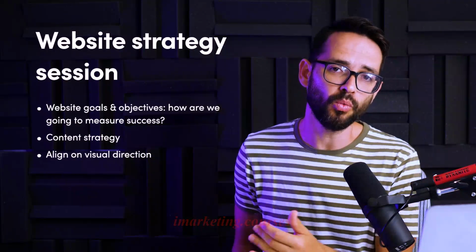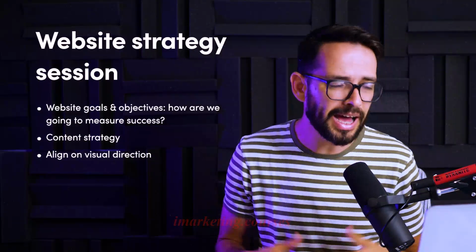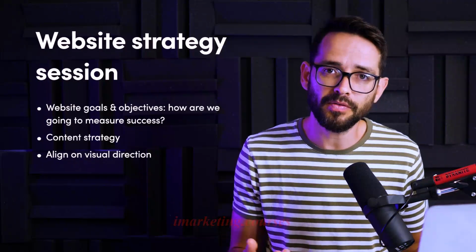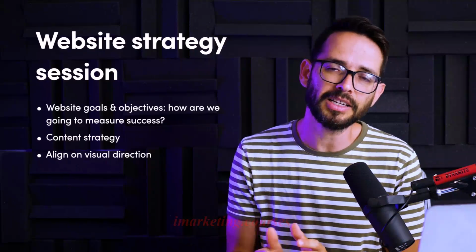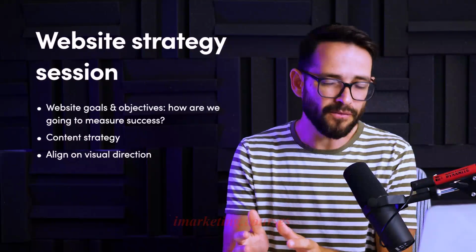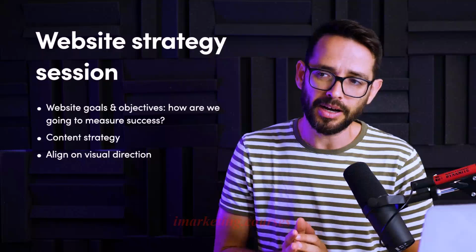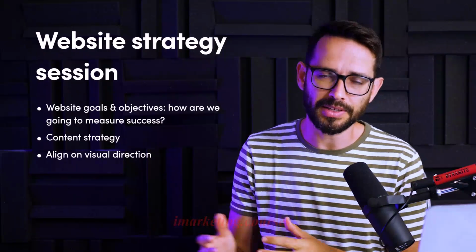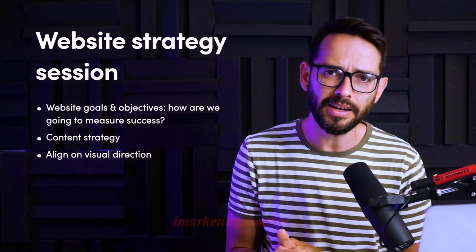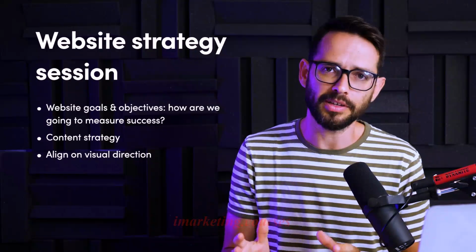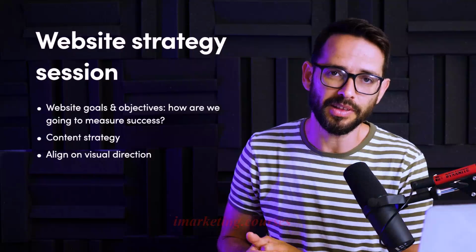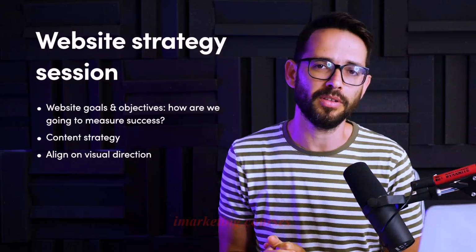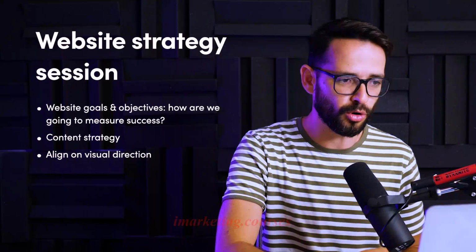And then we also want to align on the visual direction. How do we want the website to look? What do we want people to feel? It's very important to set and align expectations on these things at a very, very early step to make sure that we are aligned and that the visual design will actually represent the vision in the client's head. And so we'll do this during this part, using the art direction skill and presenting a mood board. And there's also a specific video about the skill of creating mood boards.